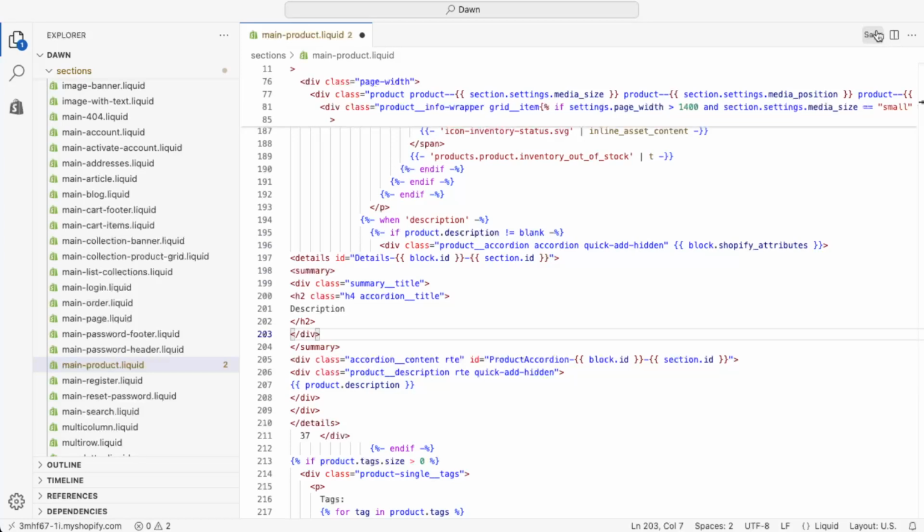Finally, click Save in the top right corner. Then preview your theme and open a product page. You should now see your product description inside a collapsible section that customers can expand